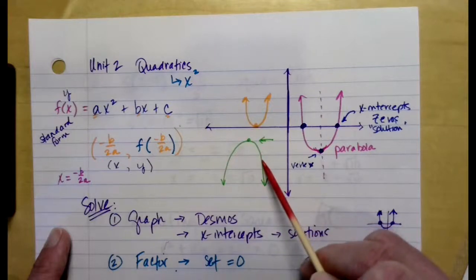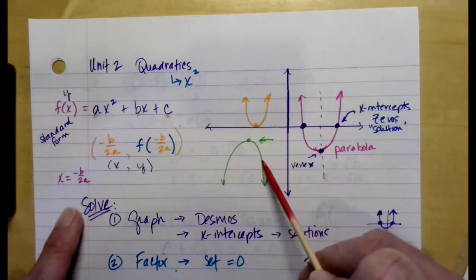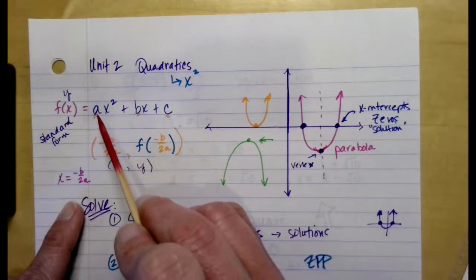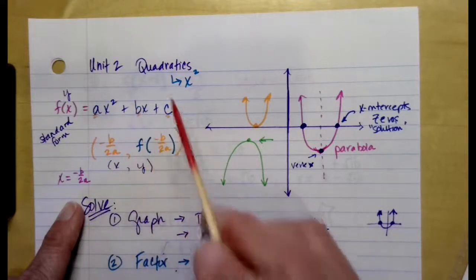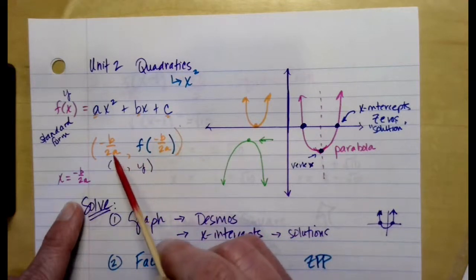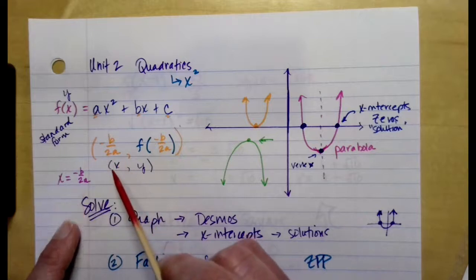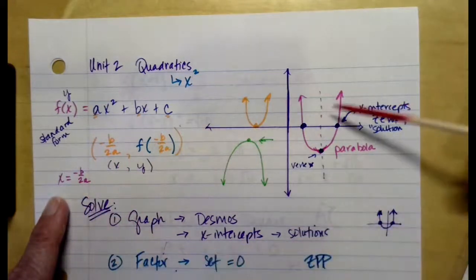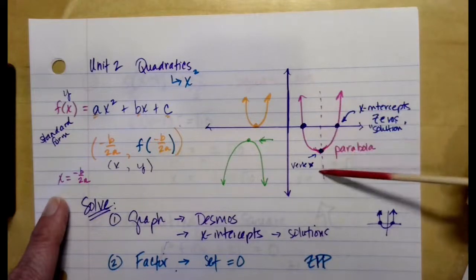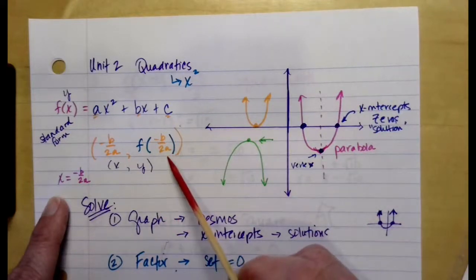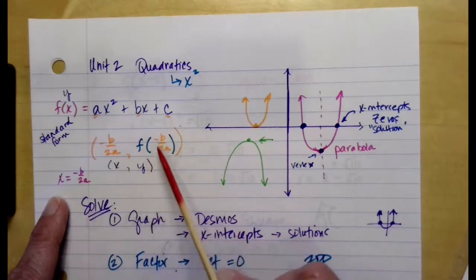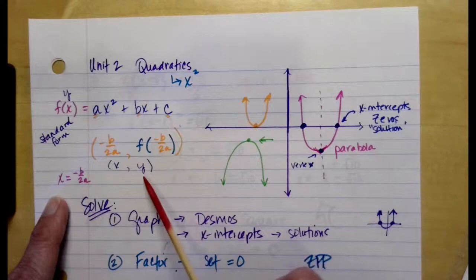negative parabola. If you want to find the coordinates of the vertex using your standard form, coefficients a and b and c, you're going to take negative b over 2a, and that'll be your x value of your vertex and the equation of your line of symmetry, where the graph perfectly folds into half. The output of inserting negative b over 2a, this value, into your quadratic is going to give you the y-coordinate